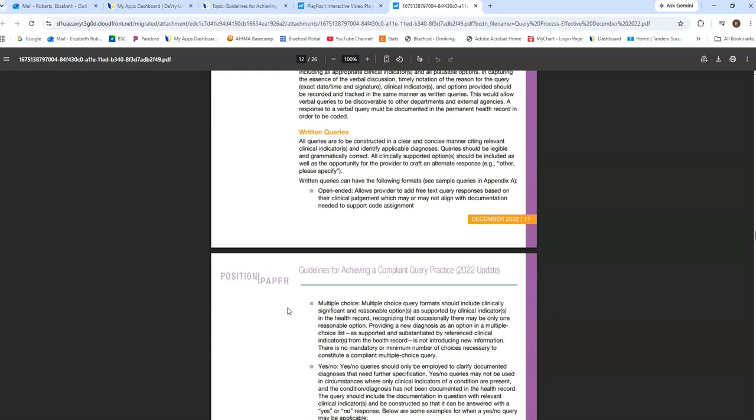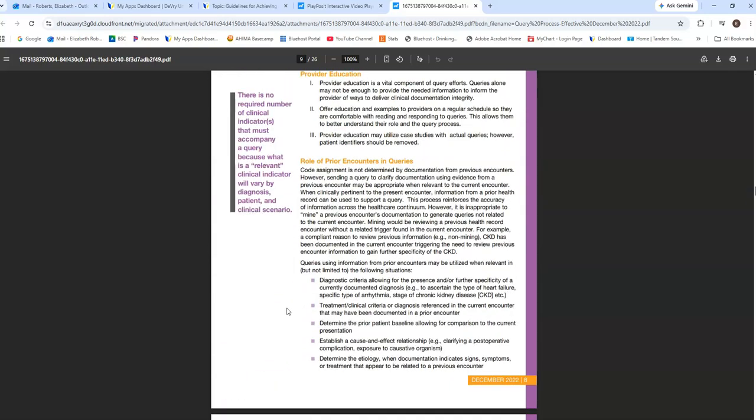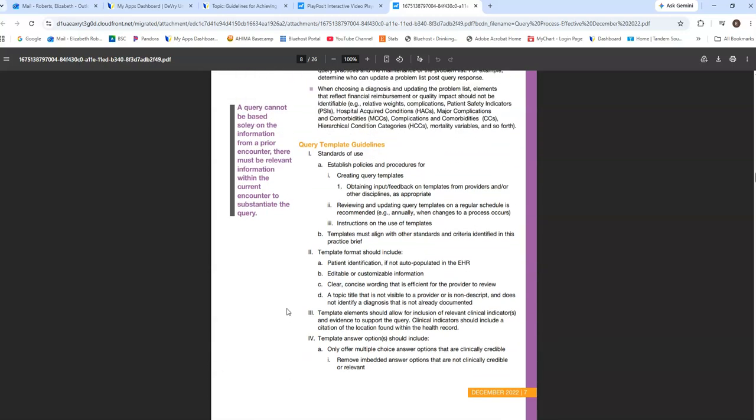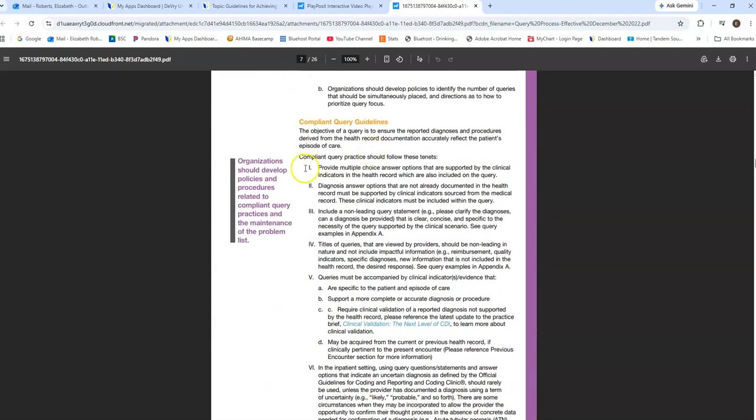Yeah, I'm not going to keep scrolling down just for the sake of time. But yes, you can have a multiple choice question like, hey, Dr. So-and-so, let me scroll up a little bit more here. Here we go. You documented this. Can you please clarify if the actual diagnosis is A, B, C, and then you always want to offer an open-ended option, right? So A would be diabetes, B would be prediabetes, C would be hypoglycemia, and then D would